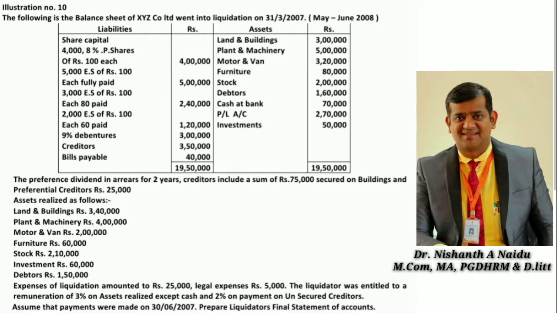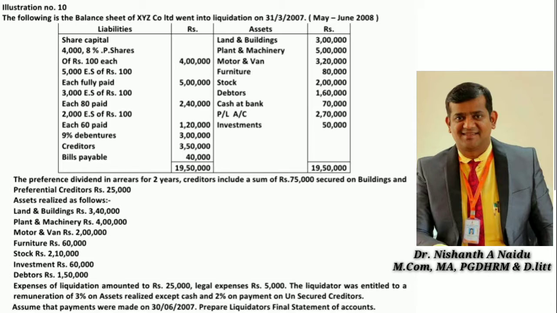Then assume the payments were made on 30th 6 2007. Prepare liquidator's final statement of accounts. So here the company is going into liquidation on 31st 3 2007, but all the settlement we are making is on 30th 6 2007. These two dates are very important for future calculation purposes, so make a note of the same and keep it ready. Okay, so now we are done with the problem, so let us look into the solution part